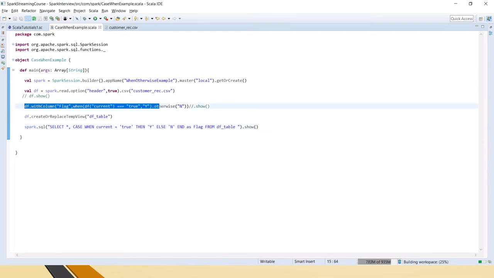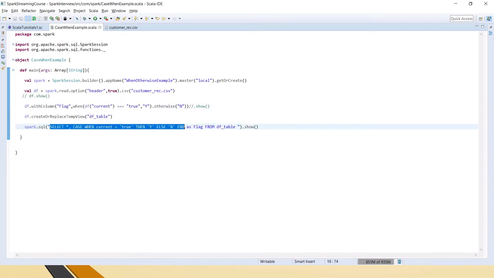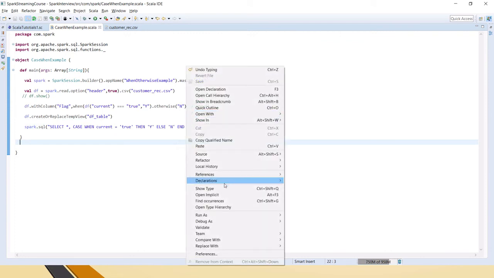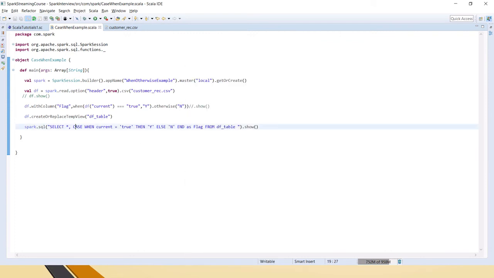This is using the data frame API, and this is using the Spark SQL select query. Whenever we use case we have to end it, and then we give the alias to this entire thing. If we don't give one, the entire expression will come as the column name, so we give the alias as flag. Then from df_table.